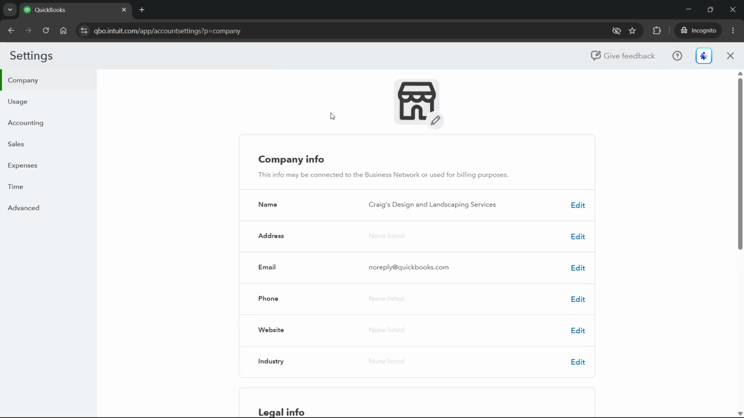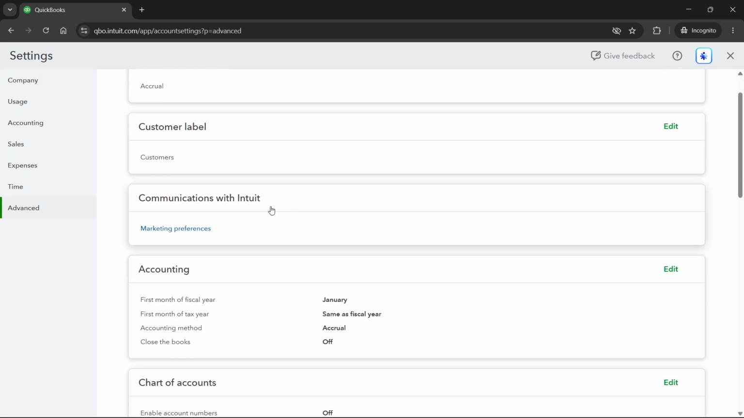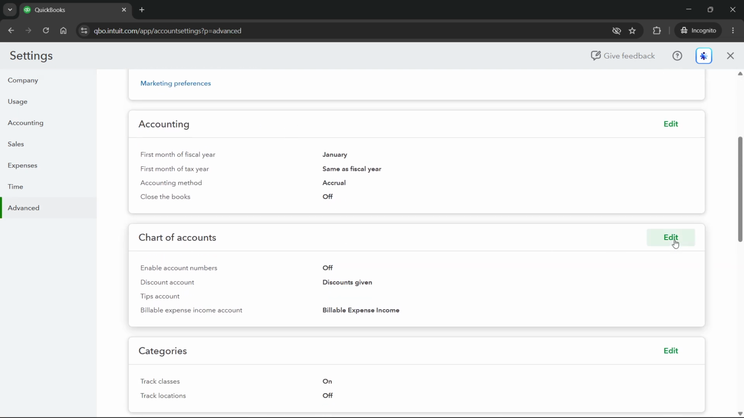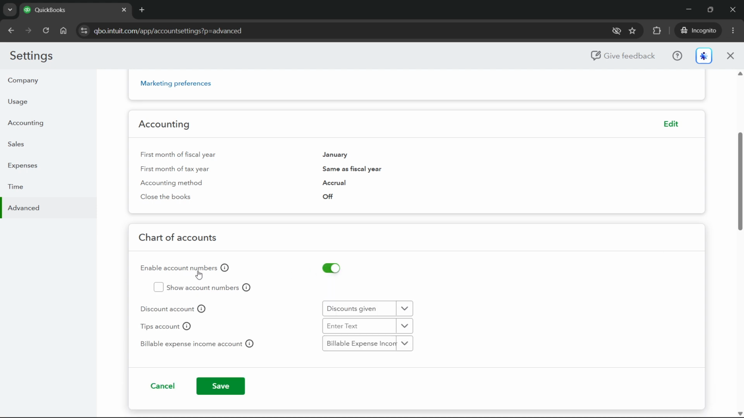Now inside account and settings, you first want to enable this, so go to advanced over here, and you want to scroll down to where you can see chart of accounts, click on the edit button and enable account numbers. You can also show account numbers over here if you want to show them in invoices and stuff like that, okay? So of course, when you do that, you can go ahead and click on save, and that's the first